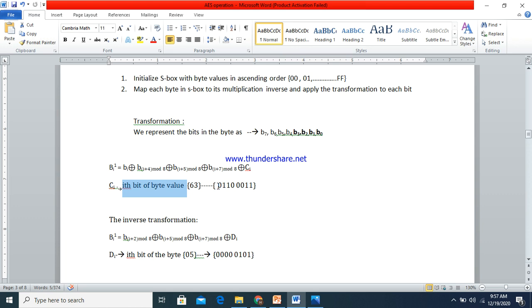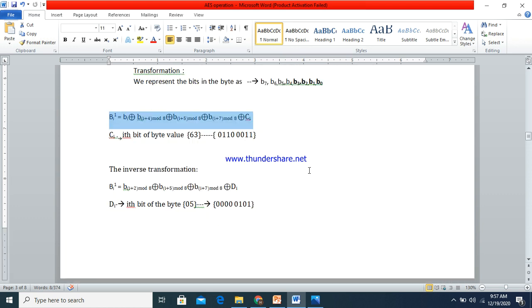So 63 is represented as 0110 0011, right? So what is the sixth bit? Counting 0 1 2 3 4 5 6, that is 1. So we take Ci as 1. So this is the transformation we perform on a byte, on each bit, and we get the new bit value.